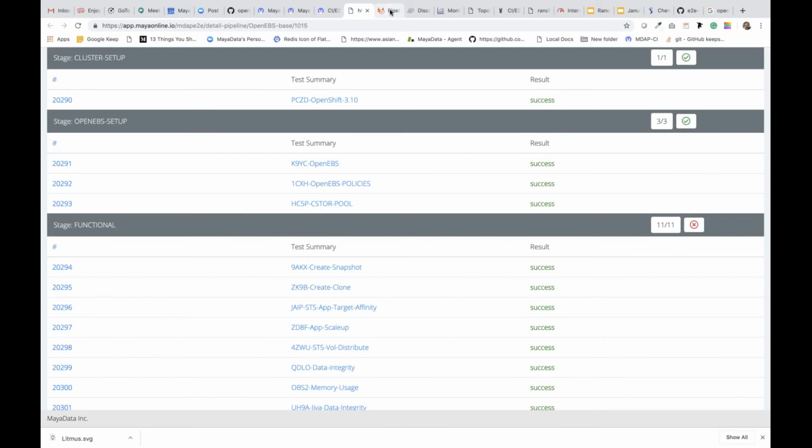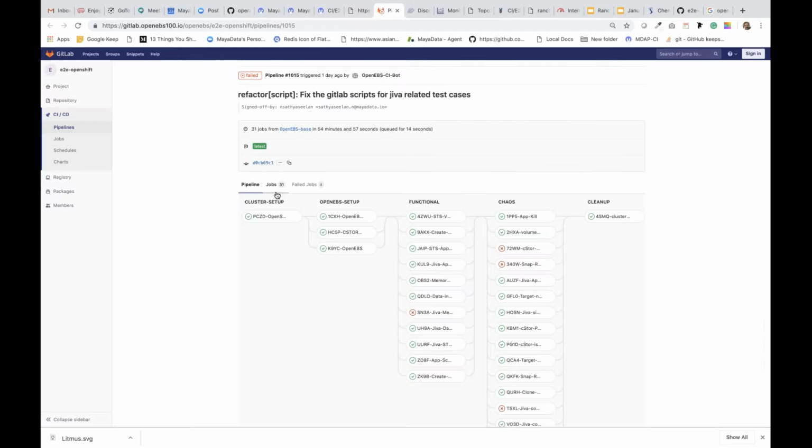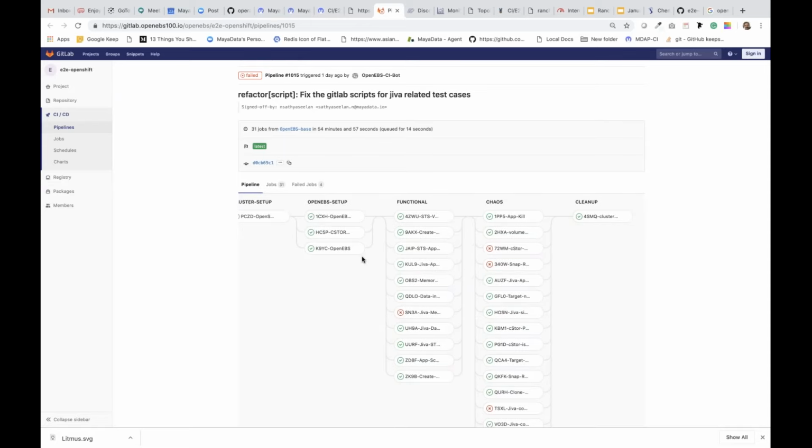As an end user of Litmus, I will never have to learn deep information about how to set up a pipeline. If I know how to use Litmus, I would be able to set up our deep pipelines using Litmus. And the second one that I want to show